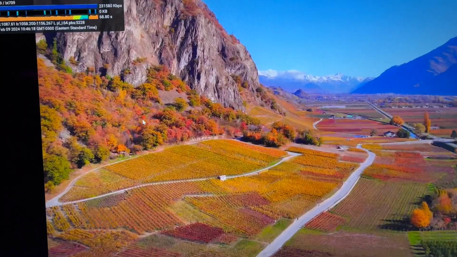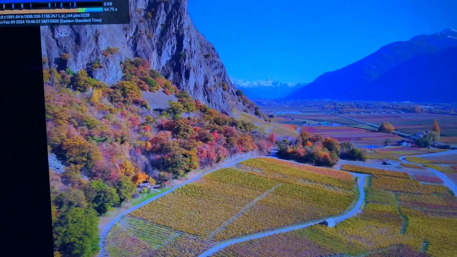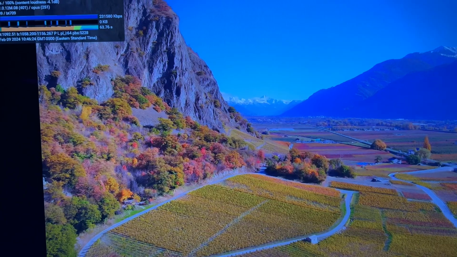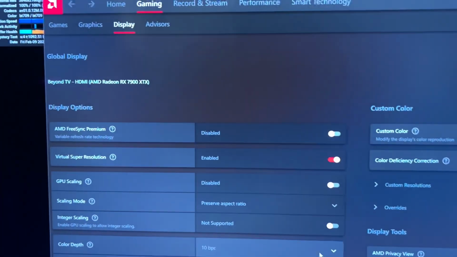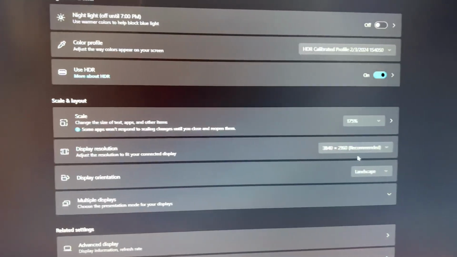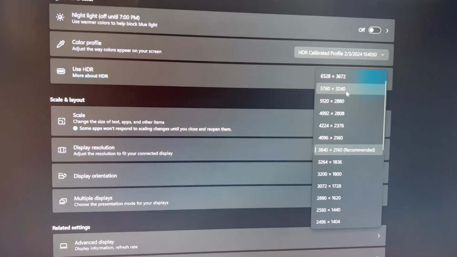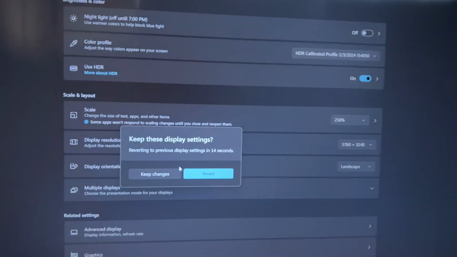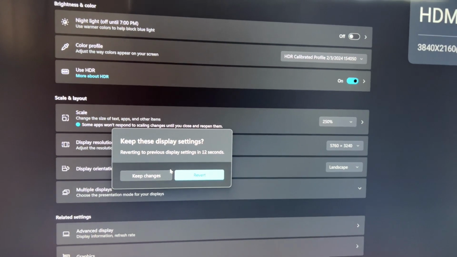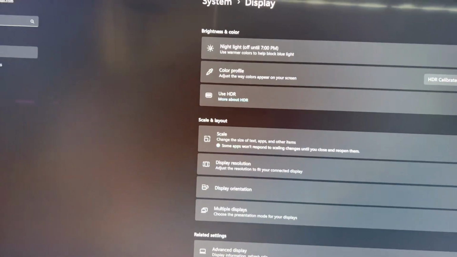Here's going to be our test image right here, this field. Alright, now we go into AMD, turn on Virtual Super Resolution. We go to Windows Display Resolution, crank that up to 50% higher. I mean, we got a $1,000 7900 XTX, crank it, baby. Keep changes, okay? Now,